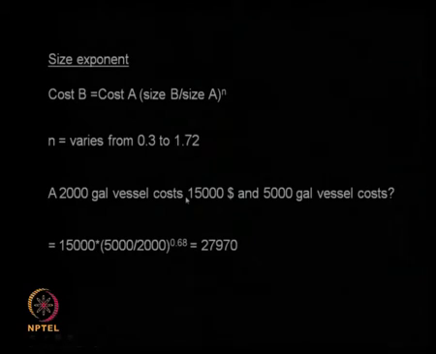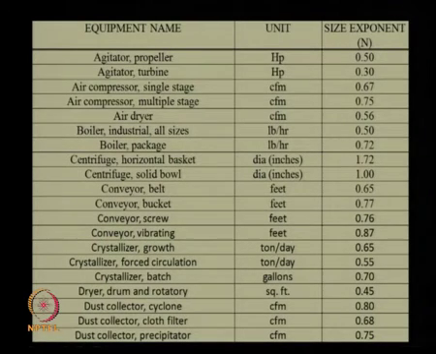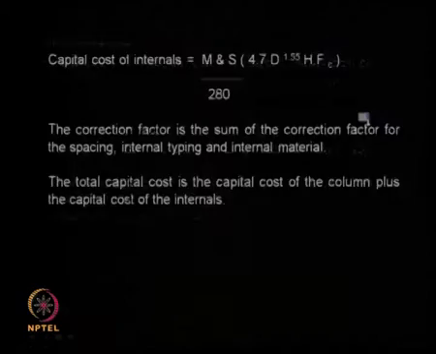So with these two formulae we can do a lot of equipment calculation which is good enough for a first order approximation. That means there could be almost 20% difference, plus or minus variation, but it is good enough for us to make some decisions actually. Now I said this n value varies between 0.3 to 1.72. So depending upon the type of equipment, there are again tables available which tell you what n to select. For example, if it is an agitator, a propeller type of agitator, n is 0.5, if it is a turbine type it is 0.3, if it is a compressor it is 0.6, 0.7, if it is a boiler you see it is about 0.5,